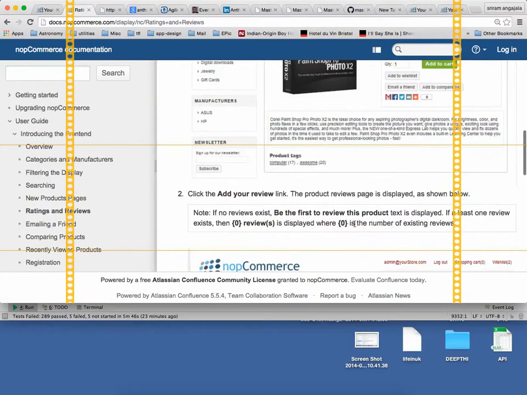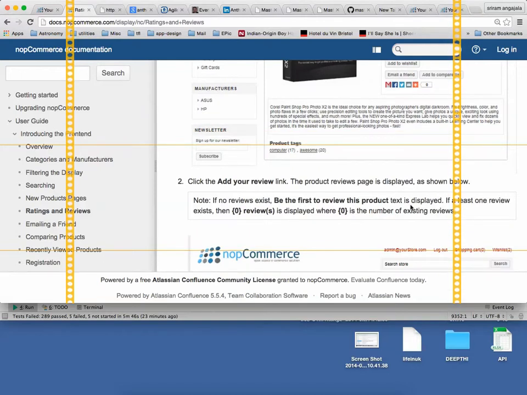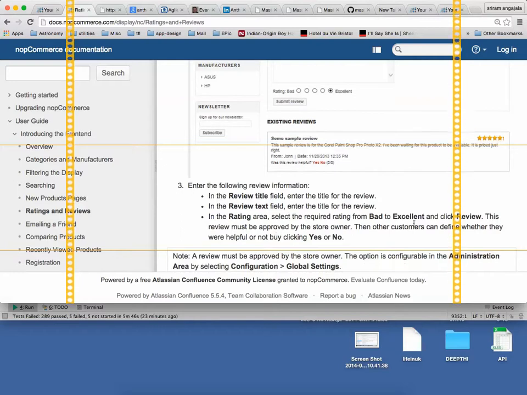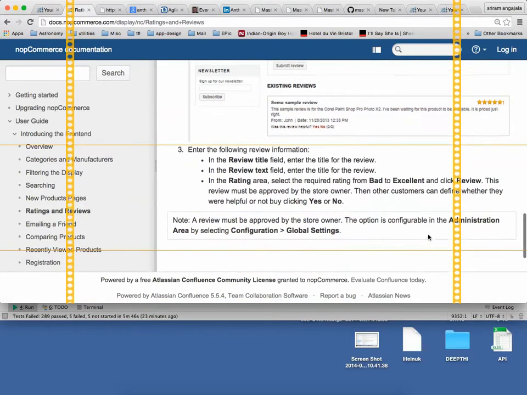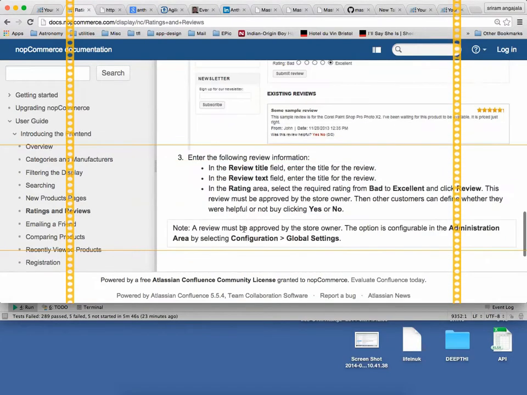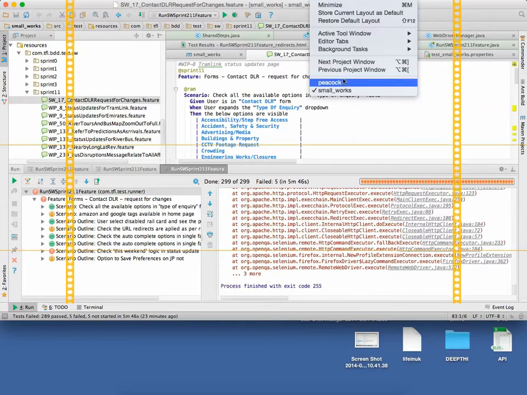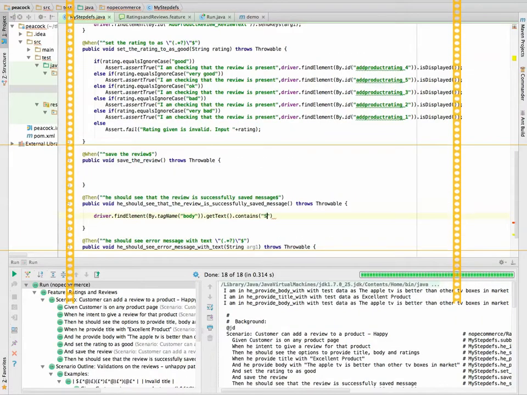Oh no, this success message. If I save it, rating selected bad, excellent. This must be okay. The other customers can see it. Maybe if you put a success message, I think that should be fine. So we will put that as success. Let us put that. If you can see a success there, then you are fine. So we need to put the assertion for this. Assert.assertTrue.